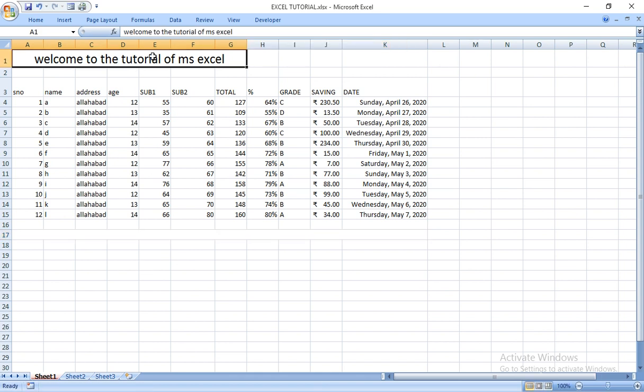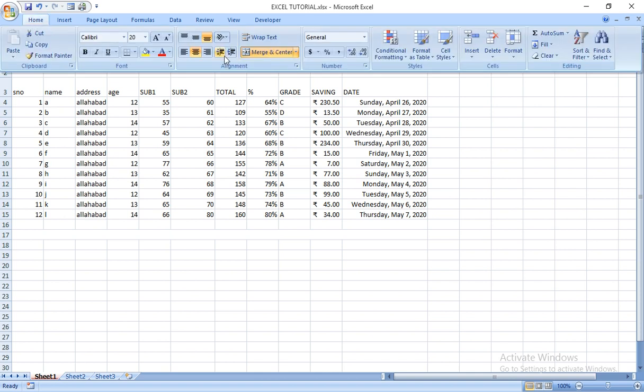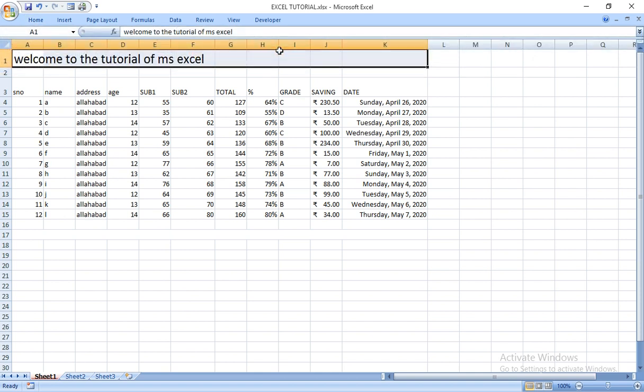Here it is not in the center, so pressing Shift and the right key, you can select the cells, go to Home, and choose merge and center.